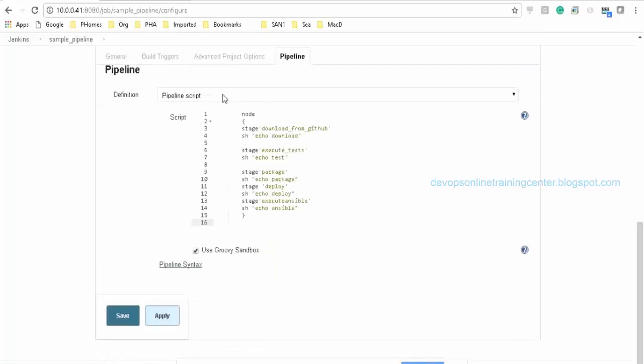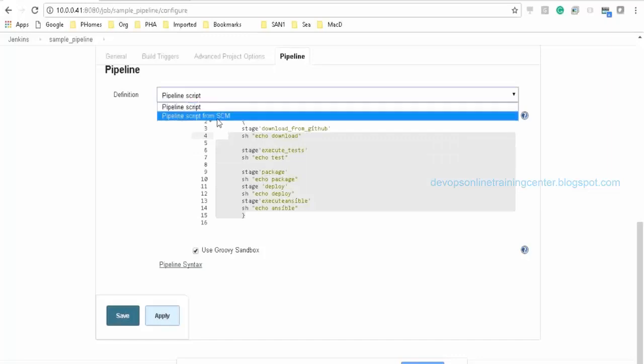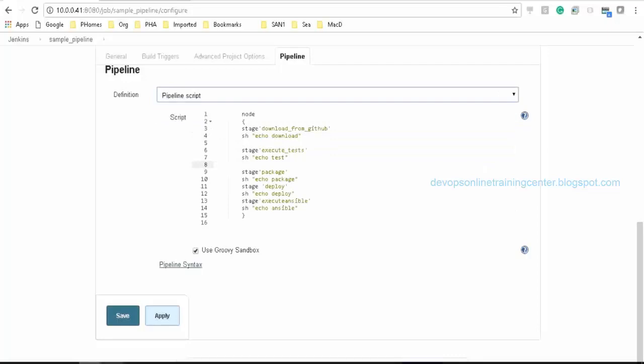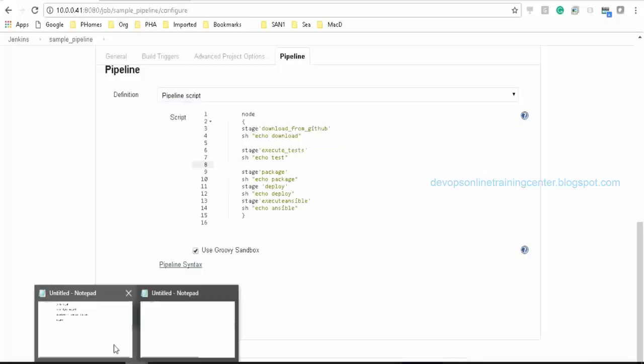Here there is an option to directly give the pipeline script in Jenkins, or there is an option to give pipeline script from SCM. So if we select this second option, we need to write a file called Jenkinsfile.